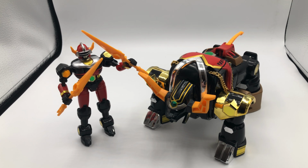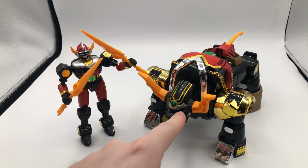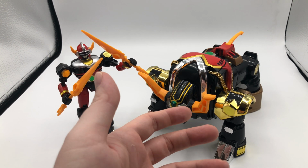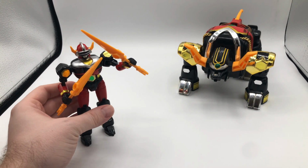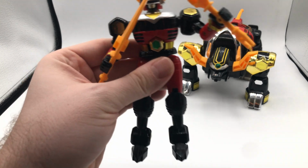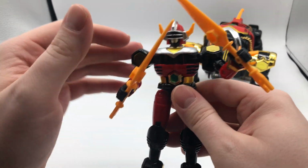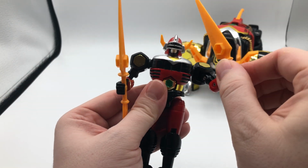You can see we've got the Mega Defender, which is the giant version of the Magna Defender. And then you've got Torozord himself right here. So we'll get started by looking at the Mega Defender. That's going to trip me up this entire episode, so just forgive me because I know I'm going to just call him the Magna Defender again. Anyway,